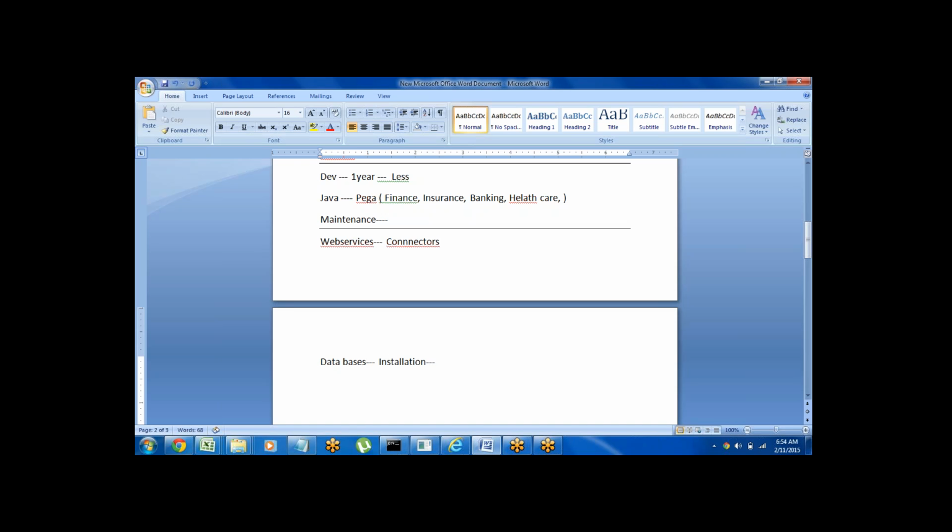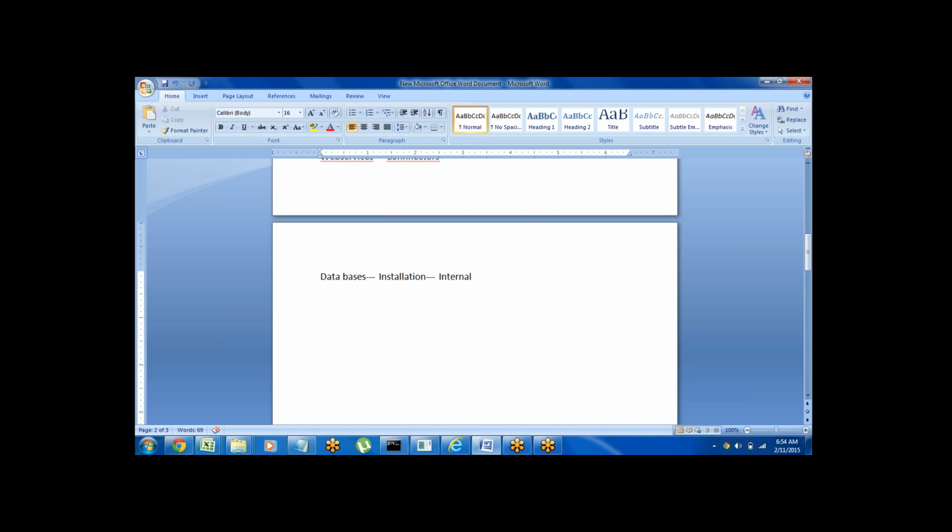Here the database is internal to the Pega tool. What happens then is, any database you use, the process will be the same. Even if you use Oracle, DB2, PGSQL, Universal Database, Sybase, MySQL, any database you use,